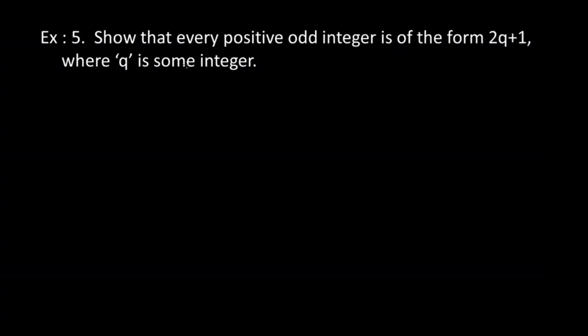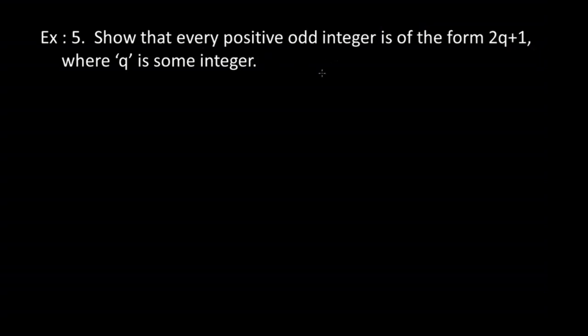So up to now you have solved some examples on how to find the HCF of a given pair of integers. Now this one is a different one. Here you have to show that every positive odd integer is of the form 2q plus 1, where q is some integer. Already you have studied how to find the HCF of a given pair of integers. Here you have to show that every positive odd